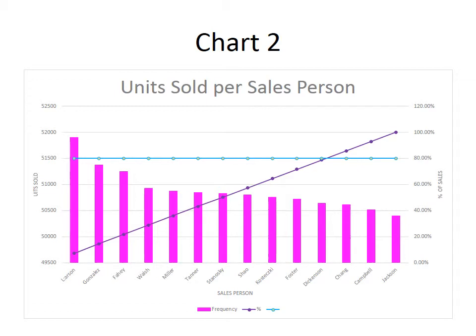Which we found with the chart, that even though it seems that Larson sold more units than the others, especially Jackson, who sold less, percentage-wise from the Pareto chart, you see that they all sold about the same percentage-wise of units sold, which means not one person sold the majority of products. It was really seen as a team effort. It's important when making this chart that the line for the